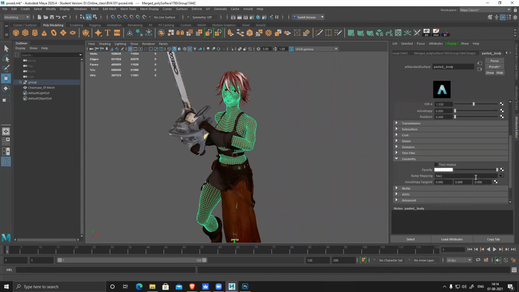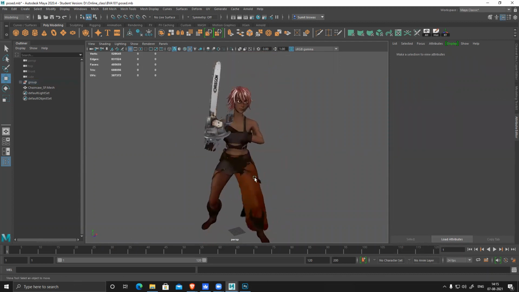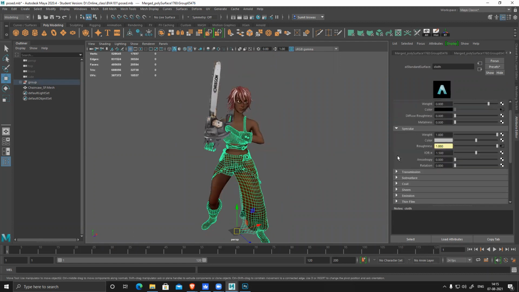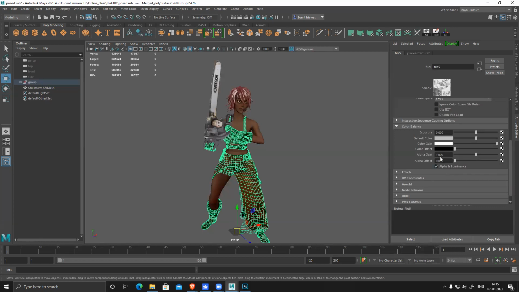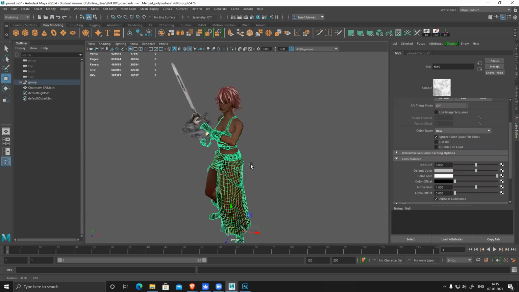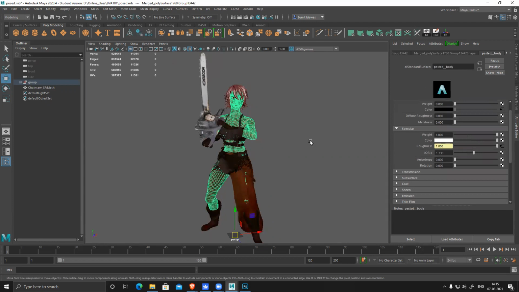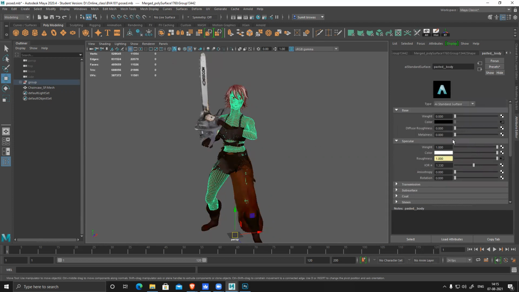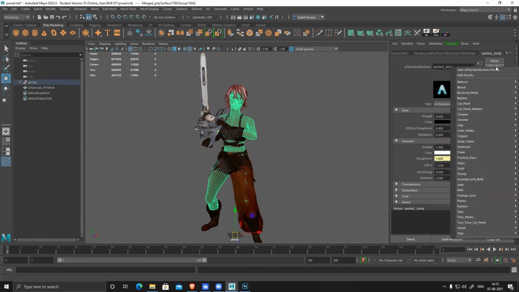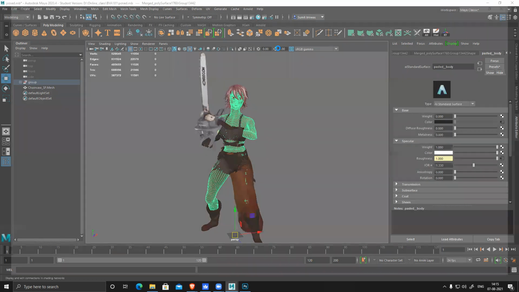And under geometry, your normal map. Similar for the cloth. Let's see, roughness, its alpha is luminance, it's on, raw, color space is off. Now, to render any skin, what you have to do is go to preset, click on it, and there's a skin preset already there. Just replace everything. Then open your Hypershade.